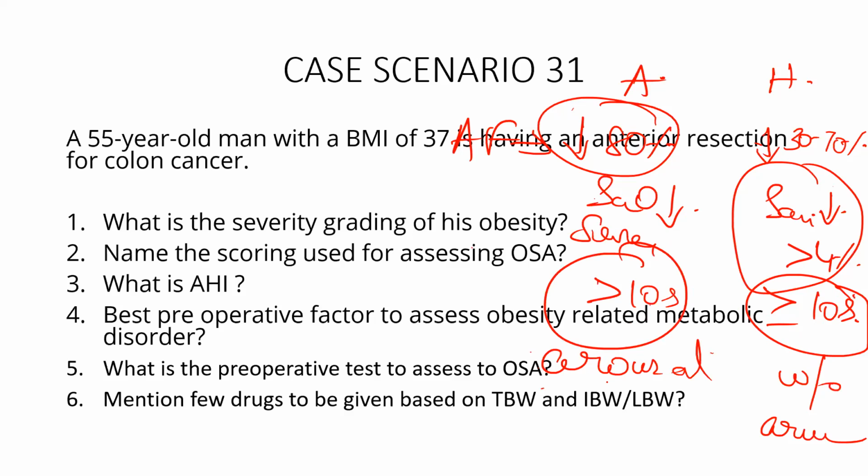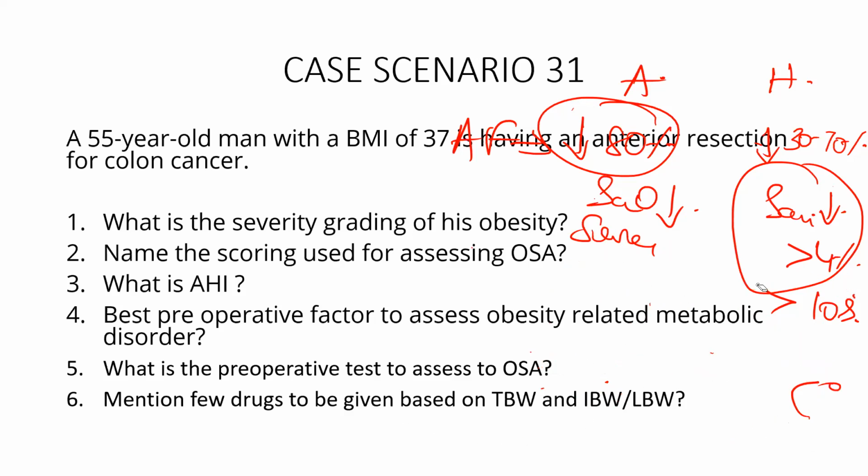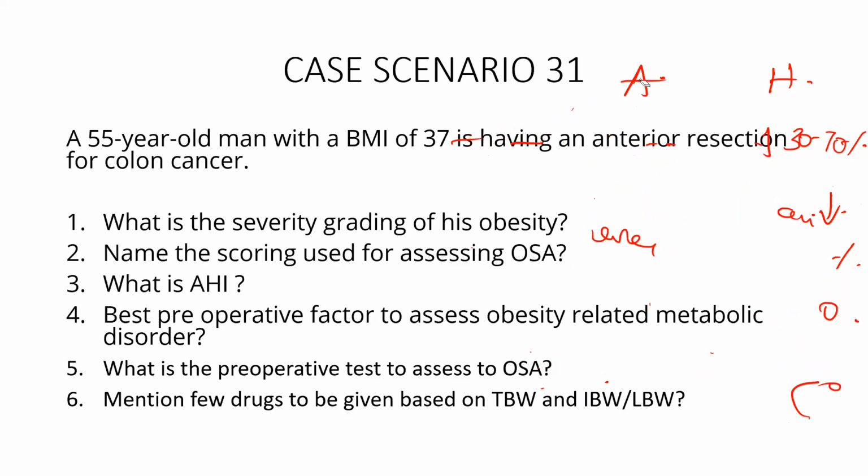Most important thing, apnea will be associated with arousal. The patient will suddenly wake up from sleep, whereas hypopnea can be with or without associated arousal. These are the major differences between apnea and hypopnea. So you calculate the number of apneas, calculate the number of hypopneas, add together, and divide by the number of hours of sleep, which gives you the apnea hypopnea index. The main purpose of doing this is to assess the severity of obstructive sleep apnea. Okay, can I grade the severity based upon AHI?